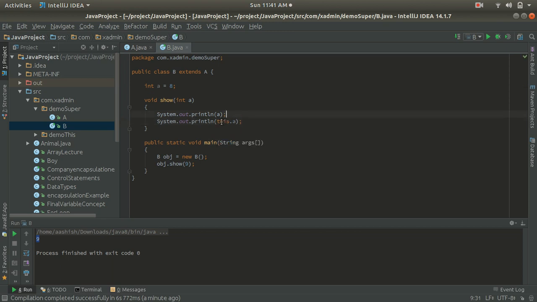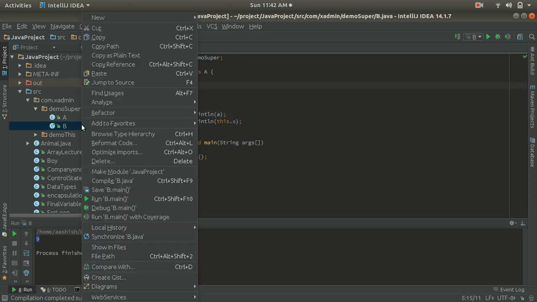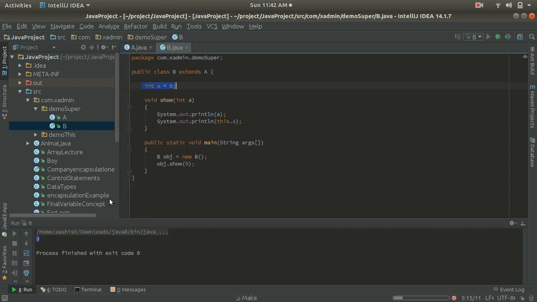Here this dot a will display the value of the instance variable of the current class, and here the current class is class B. So it is going to display the value of the variable a. So let's compile and see the output.